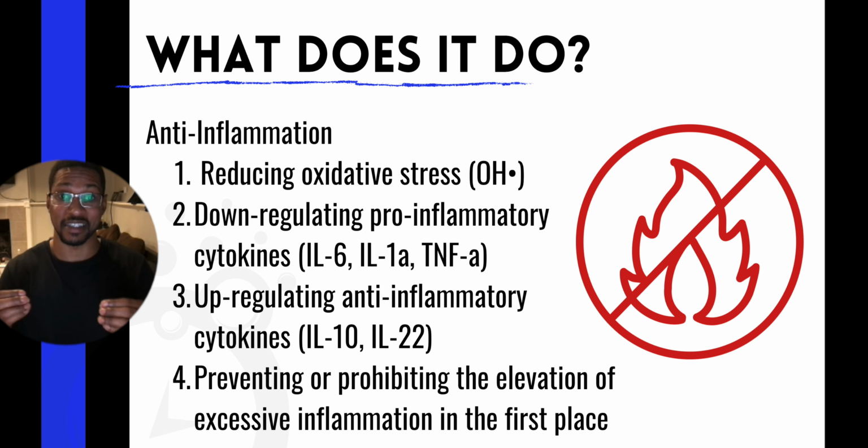Oxidative stress is a big deal because it's tied to virtually every disease. And so if you can effectively deal with oxidative stress, you can deal with a lot of different disorders. So first things first, hydrogen can reduce oxidative stress, and oxidative stress is a key mediator of inflammation. And so reducing that is going to reduce inflammation.